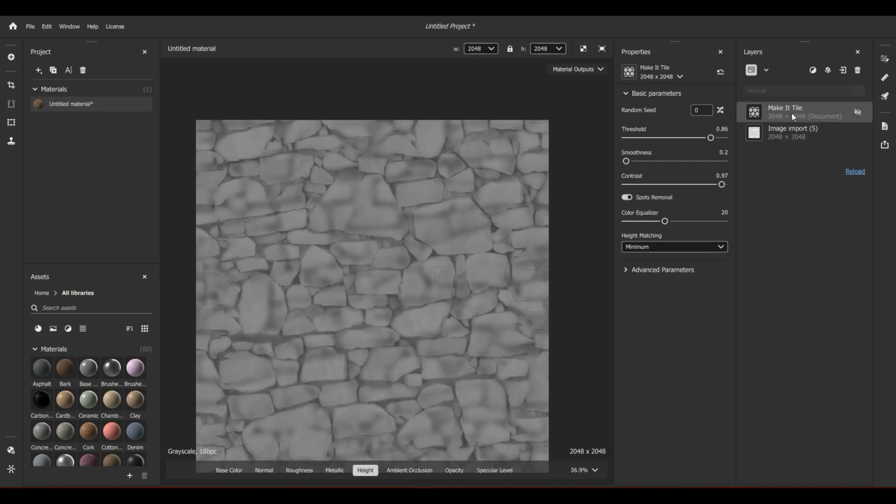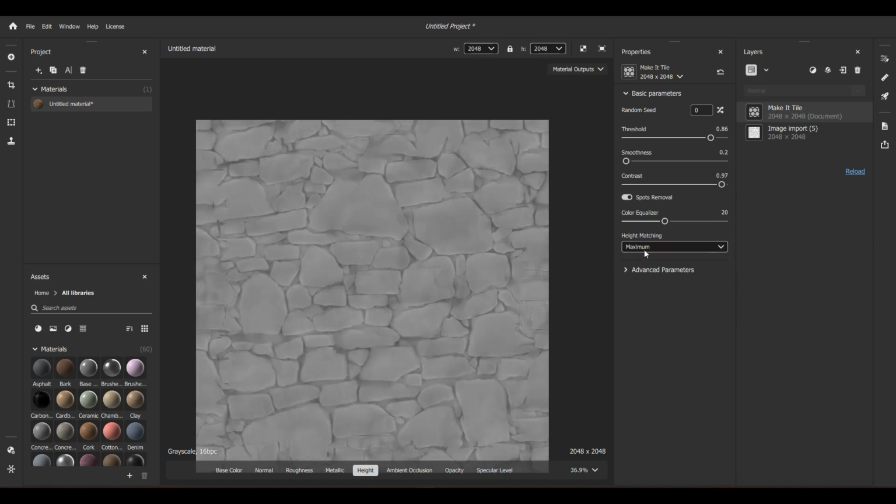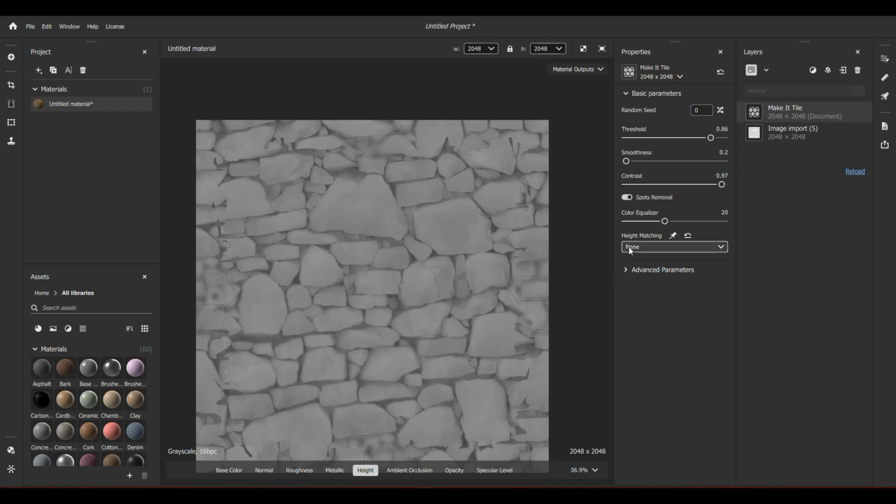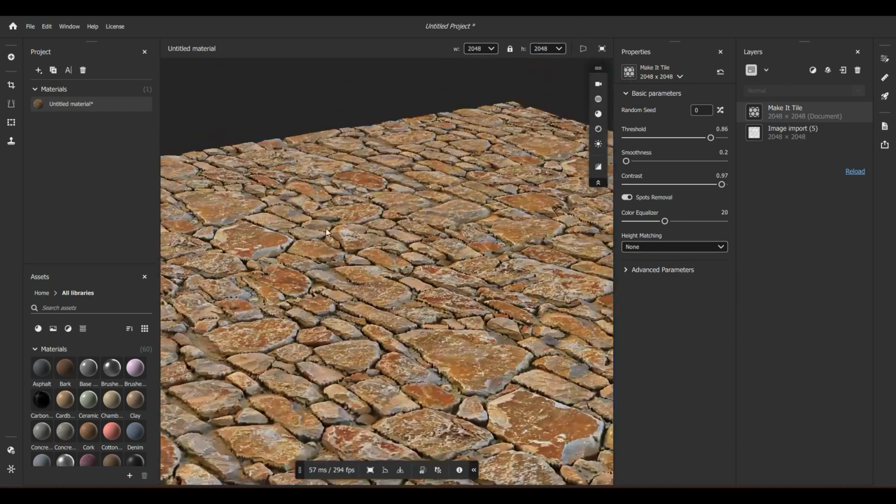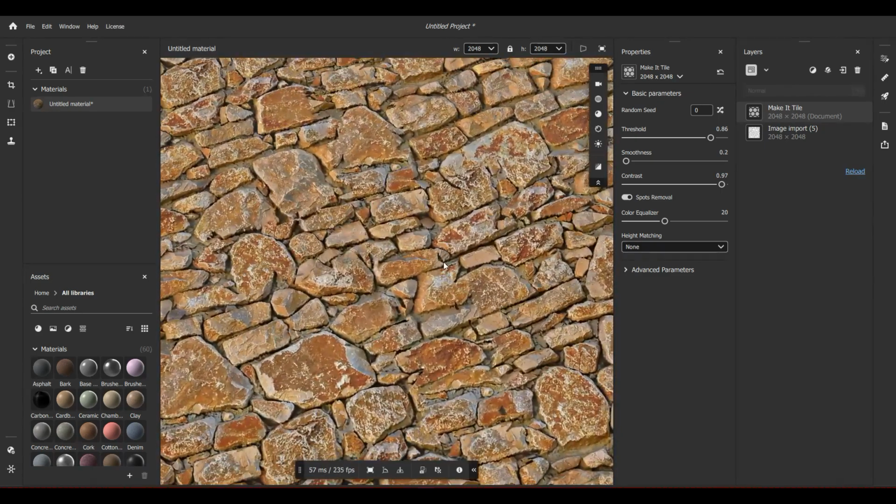But when I turn this make it tile, I have some weird effect on the height. So let's go to the properties. And as you can see, we have this height matching. So let's change it, for example, to the maximum and to the none. So I think the best thing is none, as you can see. Okay, that's great. So let's go back to the 3D view and we can see everything is okay right now,